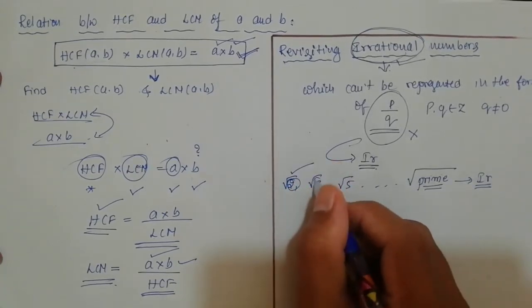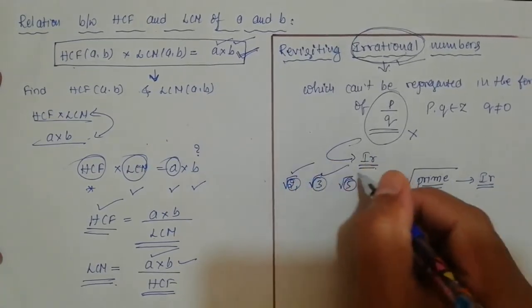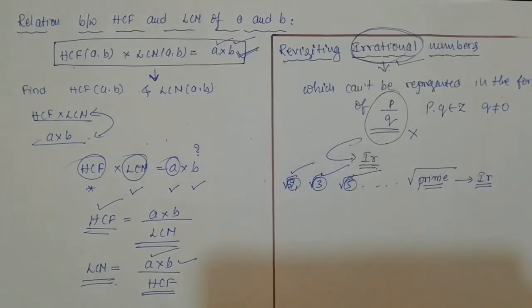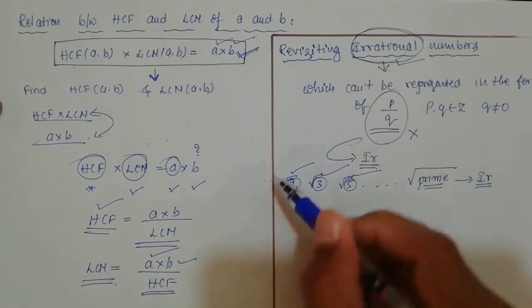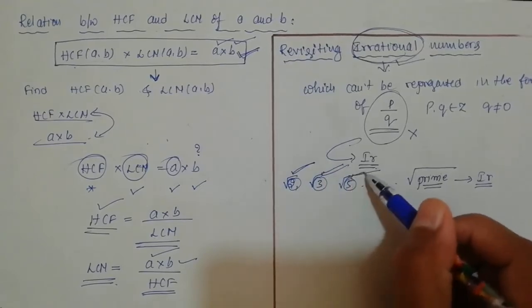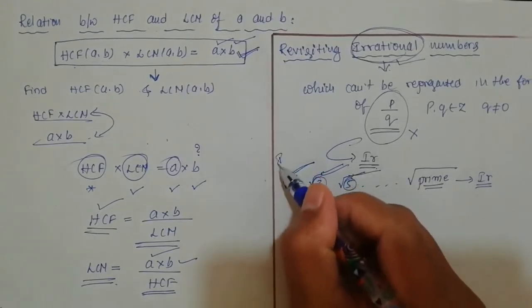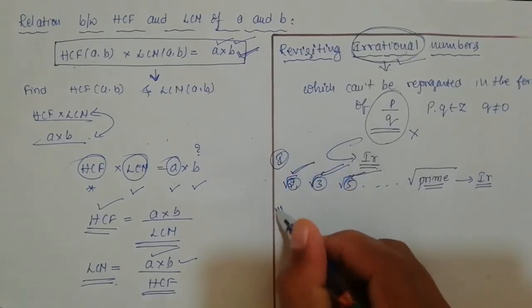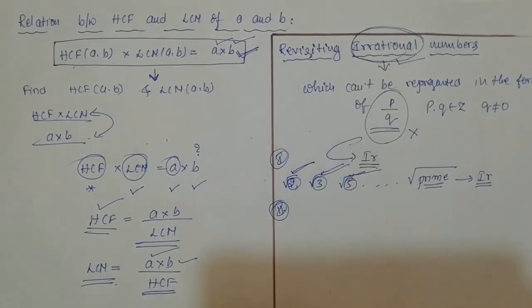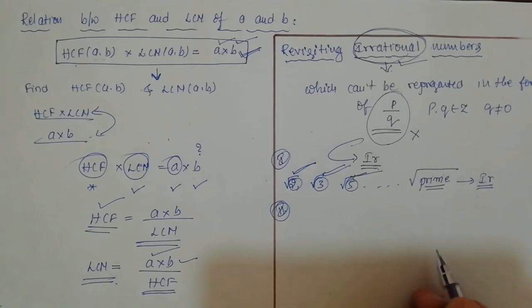2 is prime, 3 is prime, 5 is prime. So that's why these are all irrational numbers. Square root of a prime number is always an irrational number. Now in this chapter we are going to prove the irrationality of these numbers, like this: root 3, root 2, root 5. This is the first type of problem, and the second type is he may ask a number which is